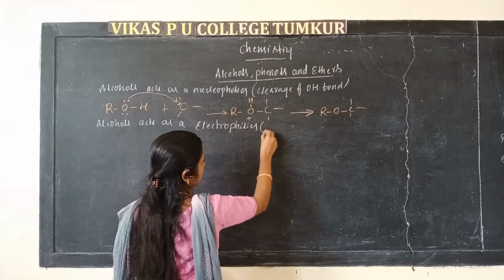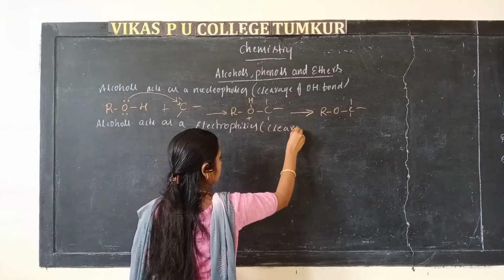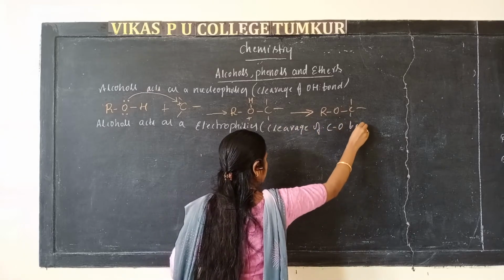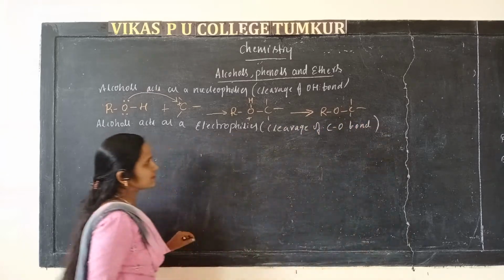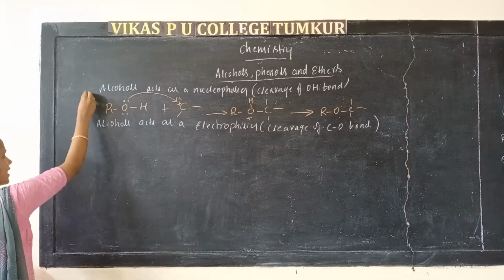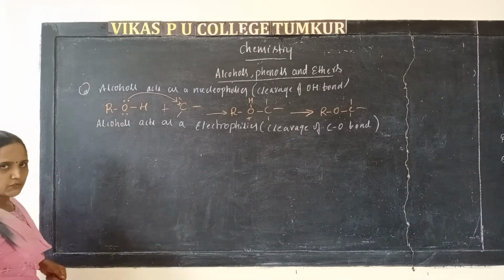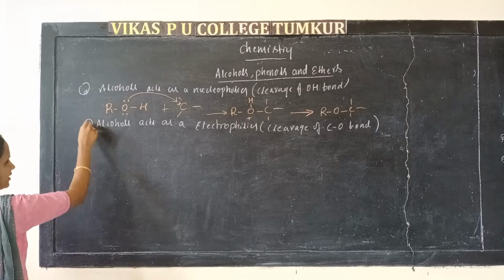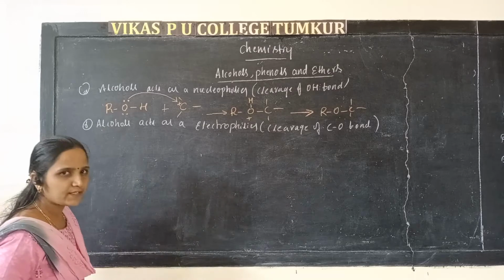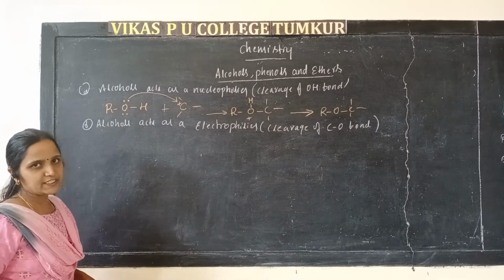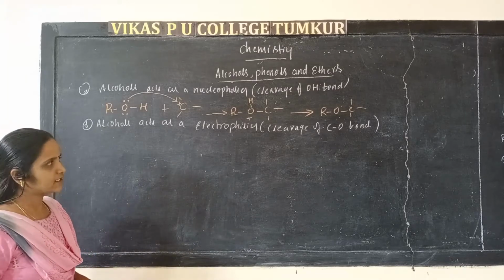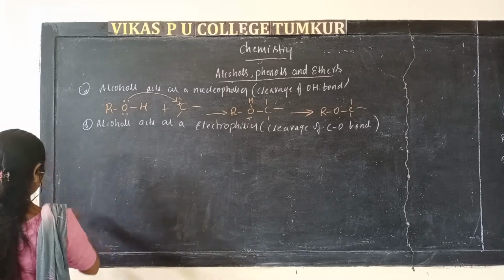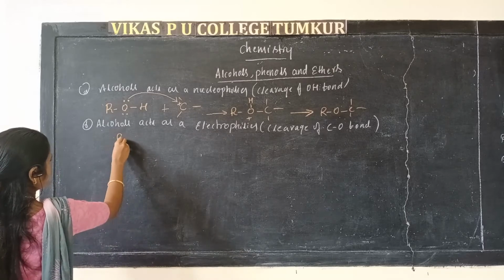So the first one is alcohols reacting as a nucleophile, then alcohols acting as an electrophile. Electrophile means an electron-deficient species. If we take an alcohol, generally we can write it as